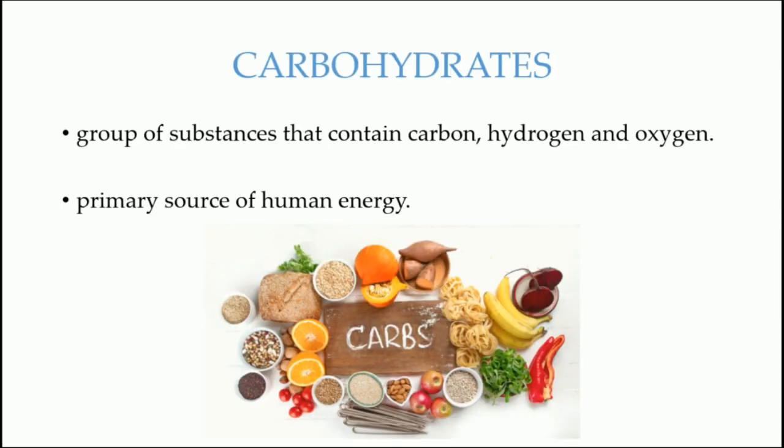Next is carbohydrates. Carbohydrates are the hydrates of carbon, hydrogen and oxygen. Carbohydrates are those compounds which give aldehyde or ketone upon their hydrolysis. This is the definition which we all learnt in class 12th, a very basic definition. Carbohydrate is considered the fuel for the body because it is the primary source of human energy. Our body first utilizes carbohydrate for energy. If carbohydrate is not available, then the body will use protein and fat for energy.